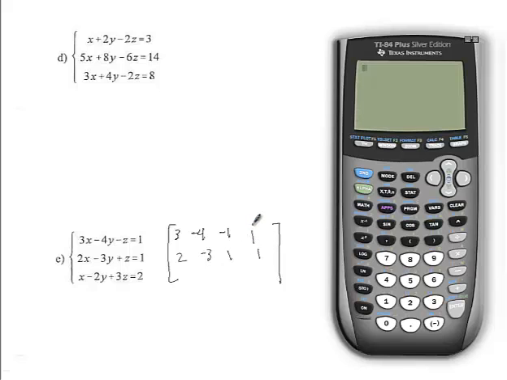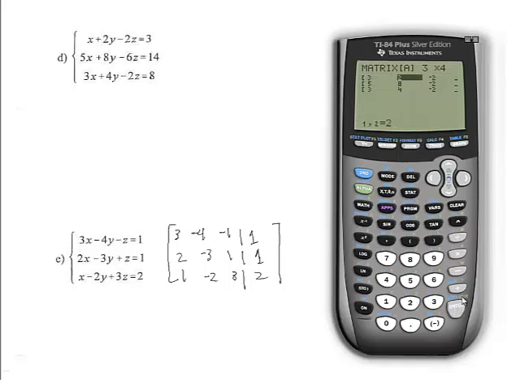These aren't bars, these are ones, so maybe I should make it a little bit more fancy one. Here's my bars for my equal signs: 1, -2, 3, and 2. Alright, so got a little sloppy there, but we go to the calculator and go to the matrix screen. I go to edit. You always go to edit to put the matrix into the calculator. I'm going to write A